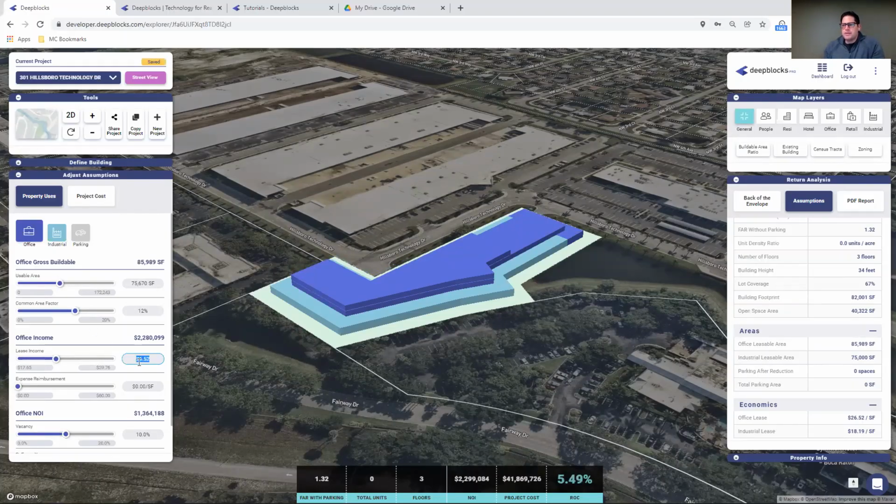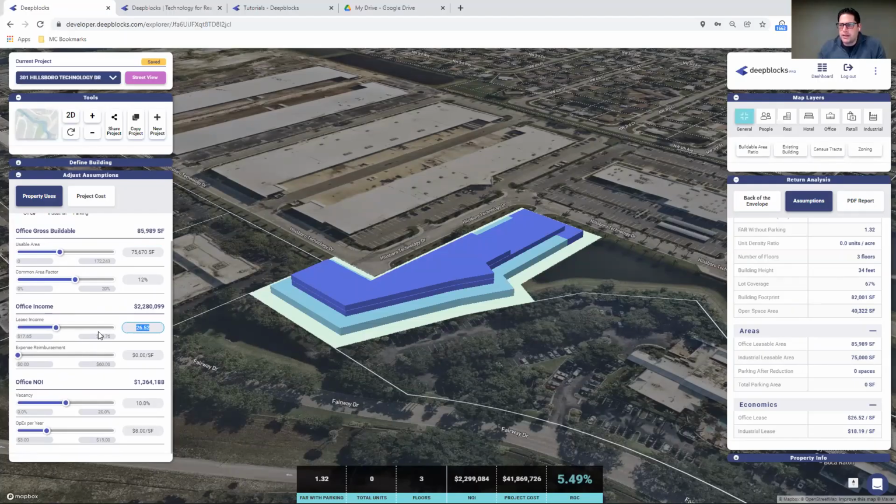We can work on the income side. So we are showing incomes. These are based on some market values for this particular part of Deerfield Park. As I mentioned, we take an aggregate of listing data. We then apply our machine learning to bring you a strong baseline of the dollar per square foot being leased for office income. But again, we leave it adjustable if you feel that you can get more or less depending on what your situation is. So I'll say we can get $28 a square foot.